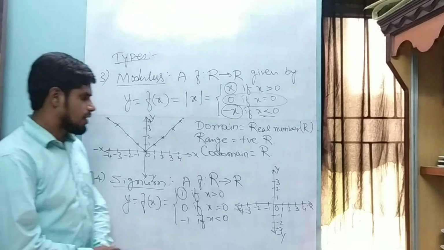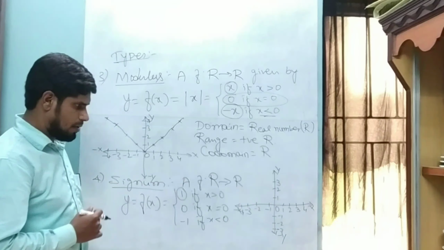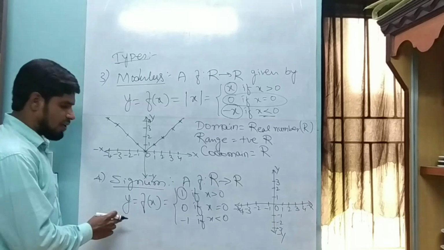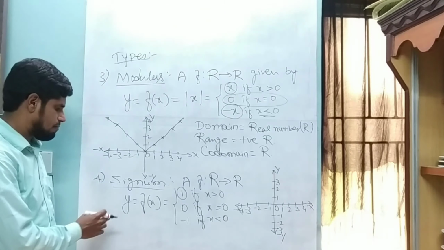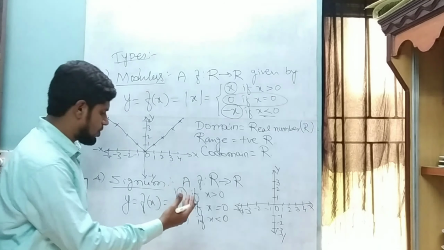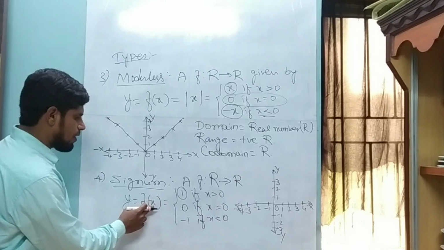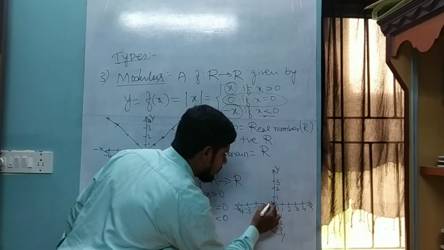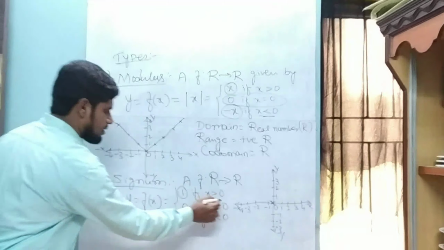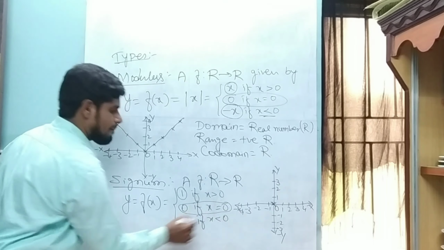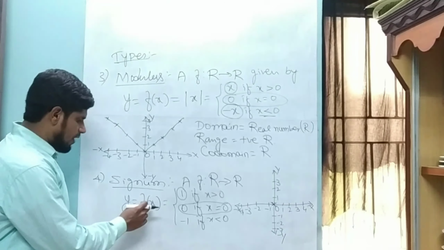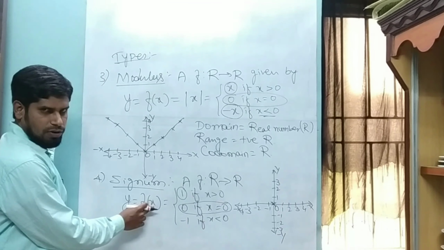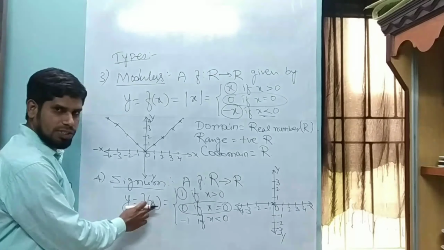Okay, students, let us start marking the numbers here. First, if I give the positive numbers, means the numbers which are greater than 0. If I put x is equal to 0, it is 0. No doubt about it. Next, if I put x is equal to positive values here, if x is a positive value,